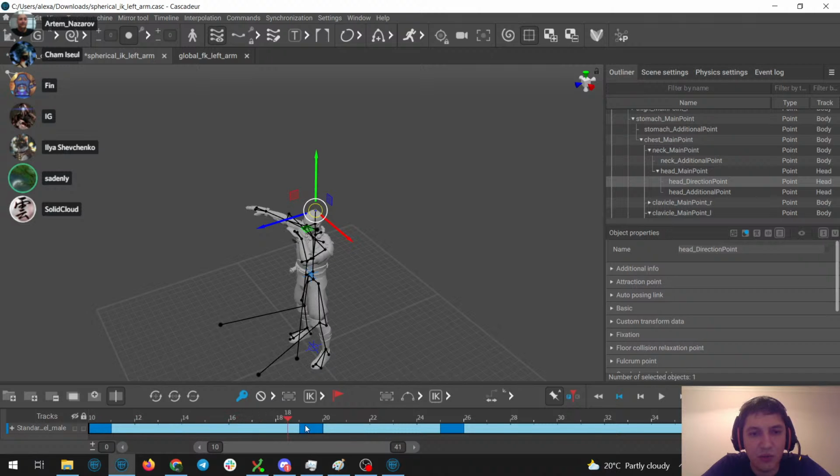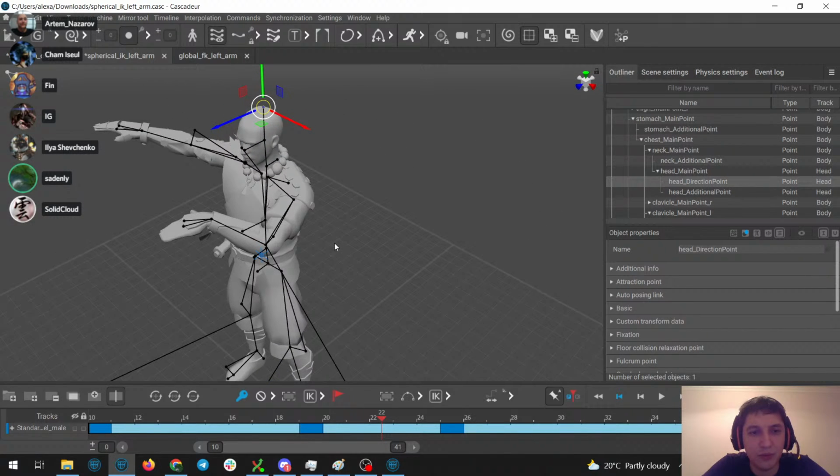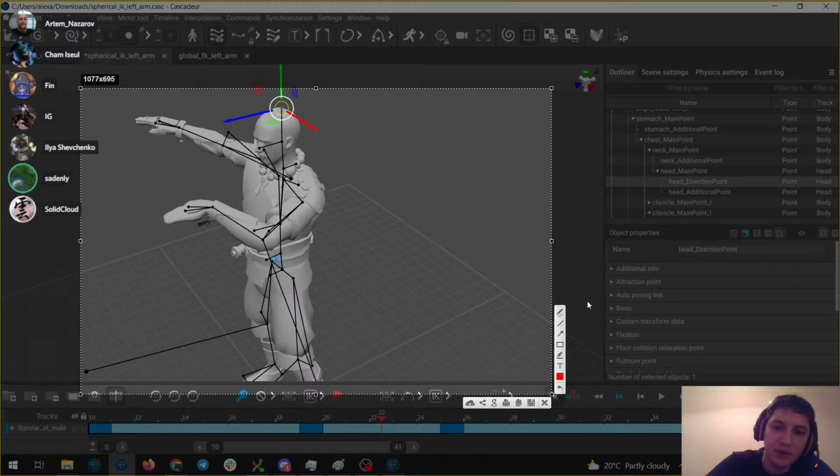The idea of what we call the Spherical IK method is that we have this vector that starts in the shoulder and goes to the hand, calculated in all the keyframes, and then we interpolate this vector using spherical interpolation. So if the arm doesn't bend, it stays on the same radius.